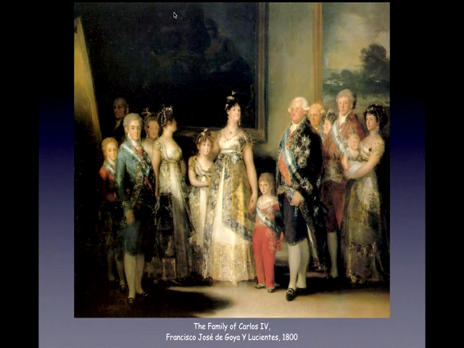And keep in mind that he did careful studies of every individual. All the members of the royal family came to his studio, or he went to them, and he did studies. And the studies were looked at and scrutinized by the members of the royal family, who said, yes, that's fine. My jewelry looks good. I like my dress, that color, whatever. And they were delighted with the preliminary sketches. Yet Goya has portrayed the vulgarity and the pretentiousness of a royal family that was completely acceptable at the time,